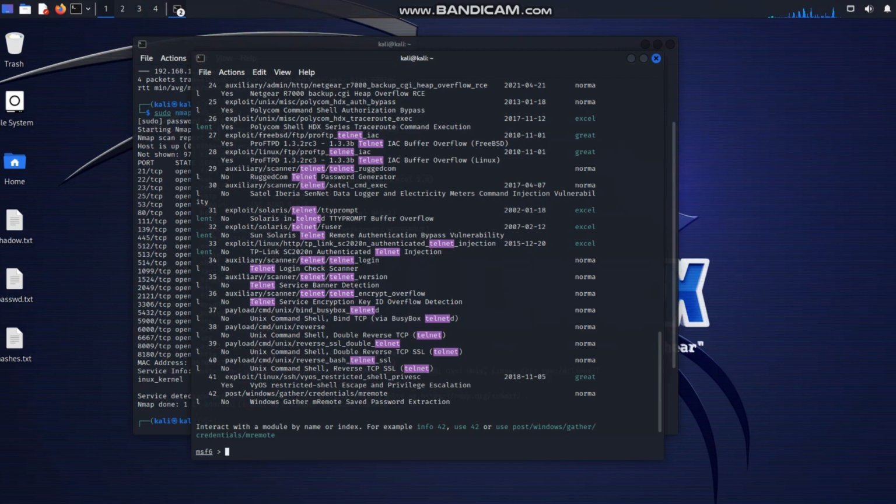But to throw a little light on it, the auxiliary module contains certain scripts that help us do various activities like port scanning, or vulnerability scanning on the system, just to get information on the system. The exploit is basically when we want to attack the machine and then get,